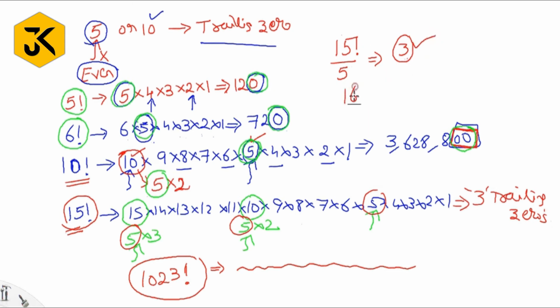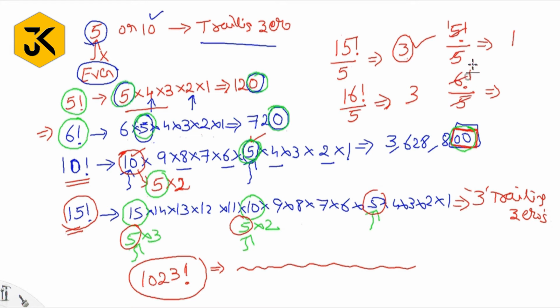For example, in 16 factorial, how many multiples of 5 exist? There will be only 3, right? So let us take a simple one. In 5 factorial, how many 5s will we get? Only one, right? How are we going to get it? 5 ones are 5. Only one. But what about 6 factorial? 6 factorial by 5. How many? 5 ones are 5 only. Means I can write here floor. I can write floor.